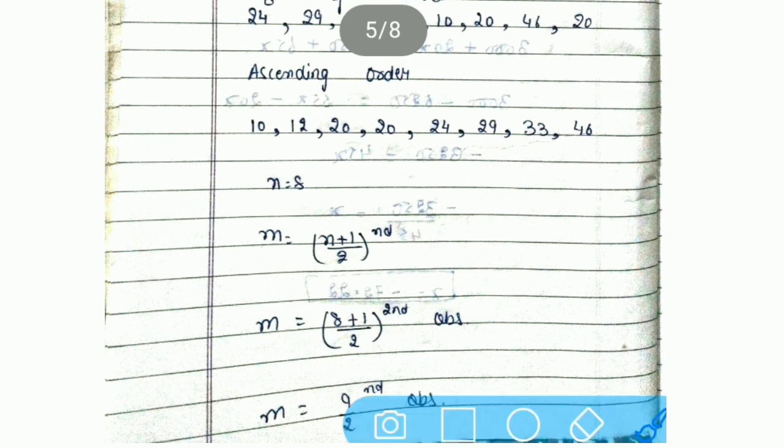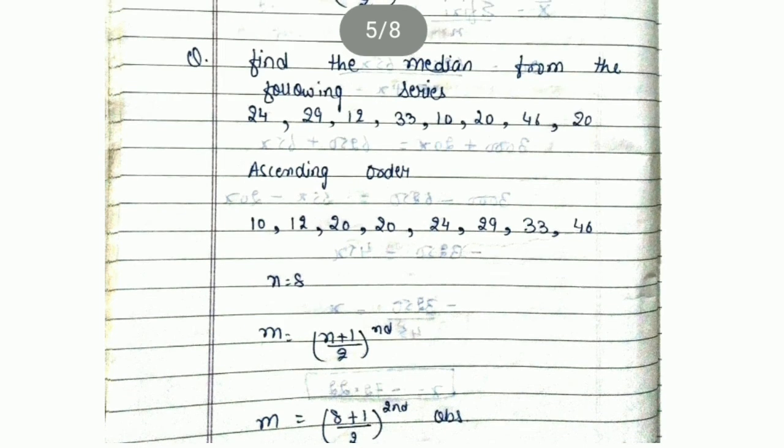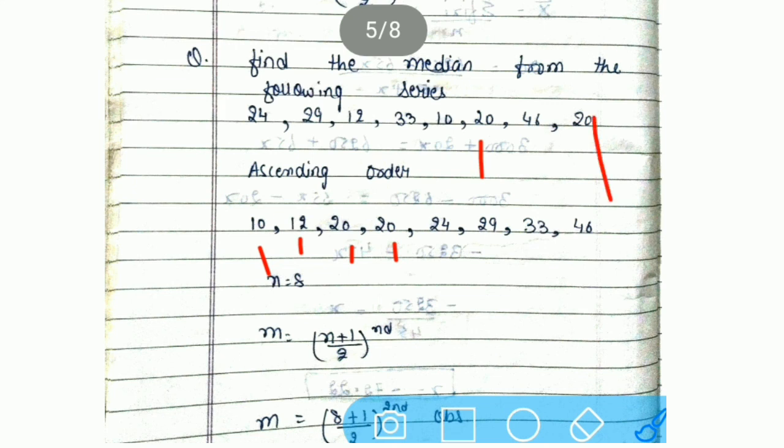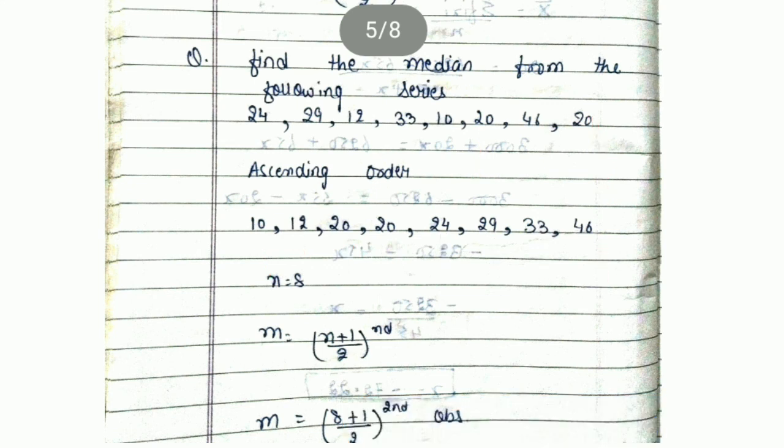So see, from this question only we have to define the lower value. So lower value is 10, then उसके बाद higher value है 12, then 20, then again 20. If value is repeated again and again, then too we have to put it into series. Value अगर बार बार repeat होती है तो भी इसको series में place करना है. So 20 is put 2 times over here because in question it is given 2 times. In the same way, next higher value is 24, then 29, then 33, then 46.